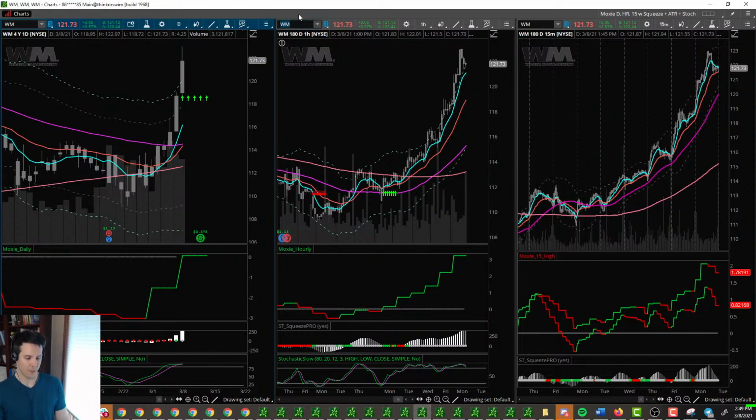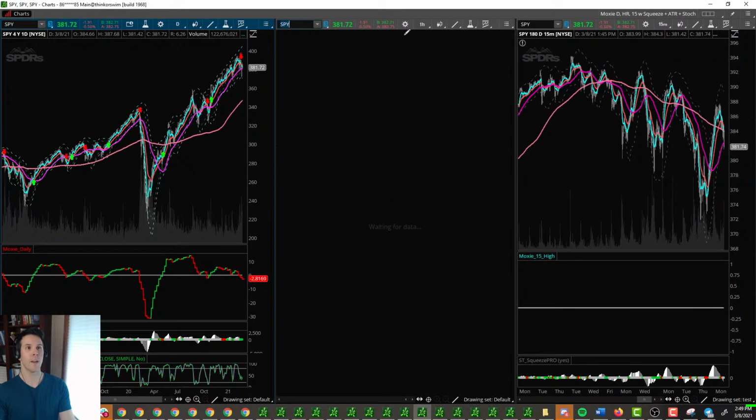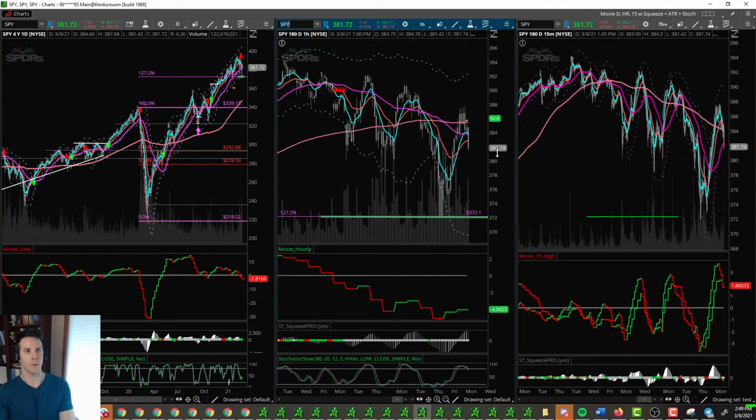I'll show you. If you look here at the S&P, I was guiding all my subscribers and everybody. I said, hey, this is an inverse trampoline move. This is price over the 50, the Moxie indicator below zero. It should not be there. And I said, if you guys are interested in taking short, we talked about UVXY, SPXS, and SQQQ as ways you could do it, or you just buy puts, or sell call credit spreads up there, anything like that. And this thing worked out just like a dream. I even gave a target of 372, and it went right to it.